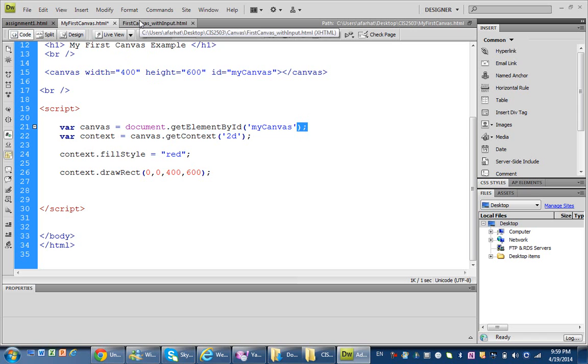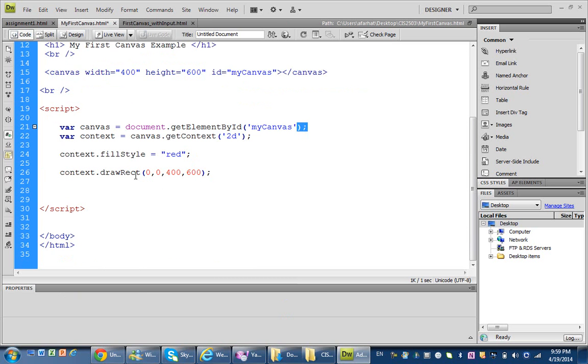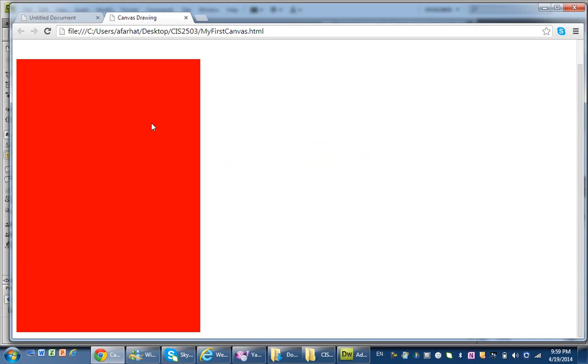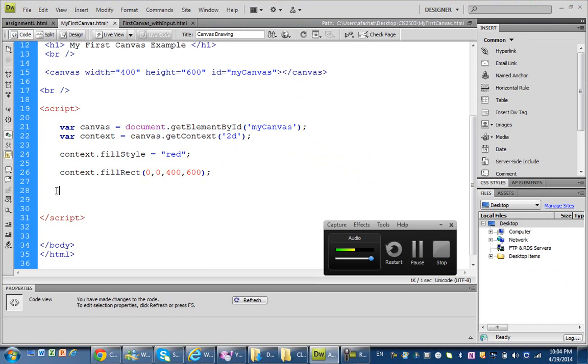All right, let's go ahead and test it and see what happens. I think we need fillRect instead of draw rectangle. Draw rectangle will actually just draw the rectangle edge, but we want to actually fill the rectangle. Now if I run it in Chrome, I should get a rectangle that looks like that. So this is my canvas with the whole background filled, and this is the header. This is a basic example